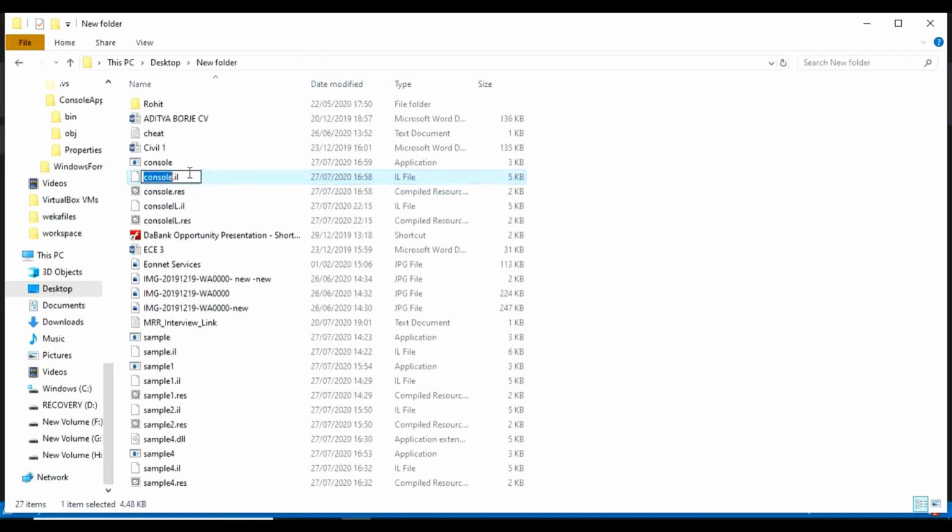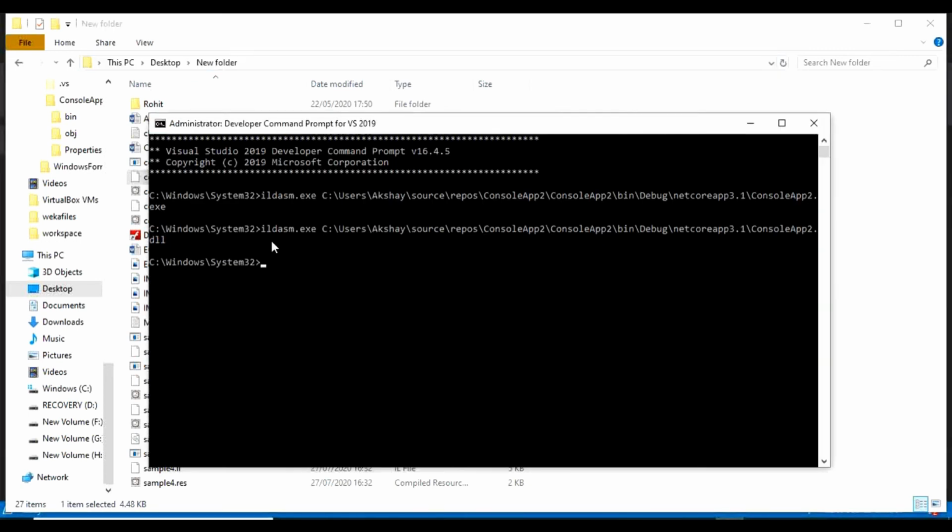For that, I have to copy this path with the file name. I will copy this and go to the developer command prompt and use IL as well. Again, .exe is optional, whether you use it or not.